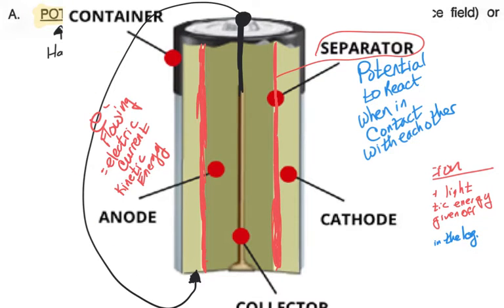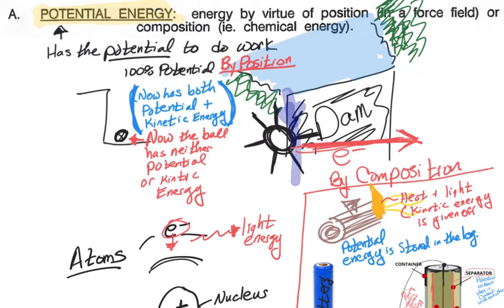So these are all examples of potential energy. The ball at the top of the hill, the water behind a dam, the electrons being held away from the center nucleus, the log, the piece of wood, anything like that, and the battery are all potential energy. They can be changed into other forms of energy, but right now they're holding on to that energy and they're storing it, ready to be used. While potential energy is the energy where something is getting ready to do something, it's holding it, it's storing it,